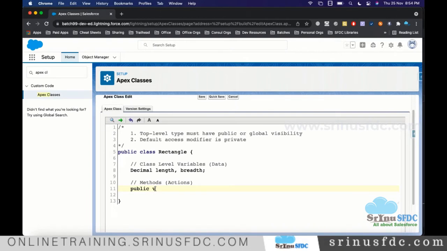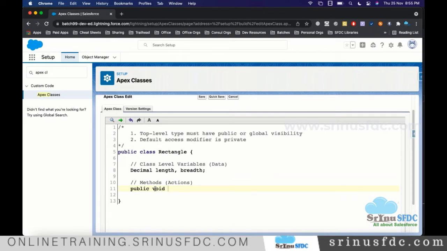So let's say here I am saying void. Void means it executes all the statements inside that method, but it is not going to return any value for us after calling. Let's say you go to an ATM and withdraw the amount. It will ask, do you want to see your balance or do you want to exit? If you say you want to see, it will return the balance and you'll see that.